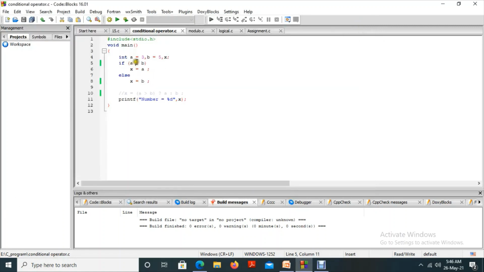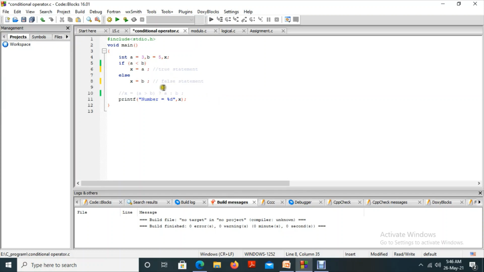If you are using the less than operator here, what is happening? 3 is less than 5. Condition is true. So if the condition is true, the first statement will execute. This is said to be the true statement, and this is said to be the false statement.